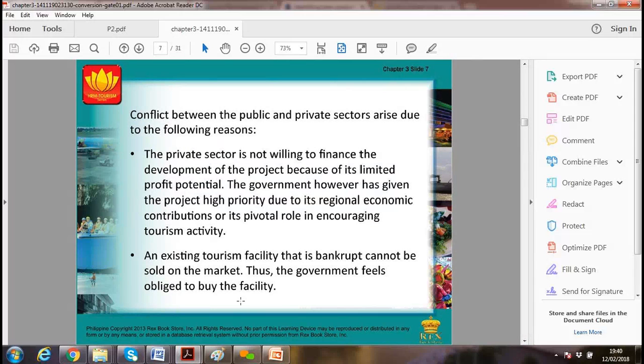Okay, then conflict between the public and private sector arises due to the following reasons. There could be different sorts of conflict, and from a hospitality point of view, we need to manage them. The private sector is not willing to finance development of a project because it has limited profit potential. The government, however, has given the project high priority due to the regional economic contribution,